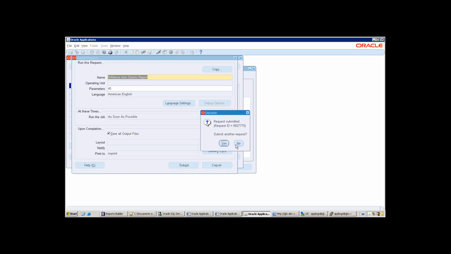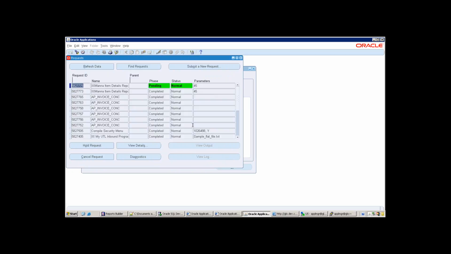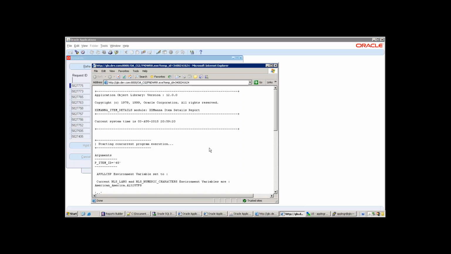Now click on submit. Click on no. Fine. Refresh. Now whenever you run the request, it always generates a new request file. So we got some error, so let's see what the error is. Click on view log and it says that